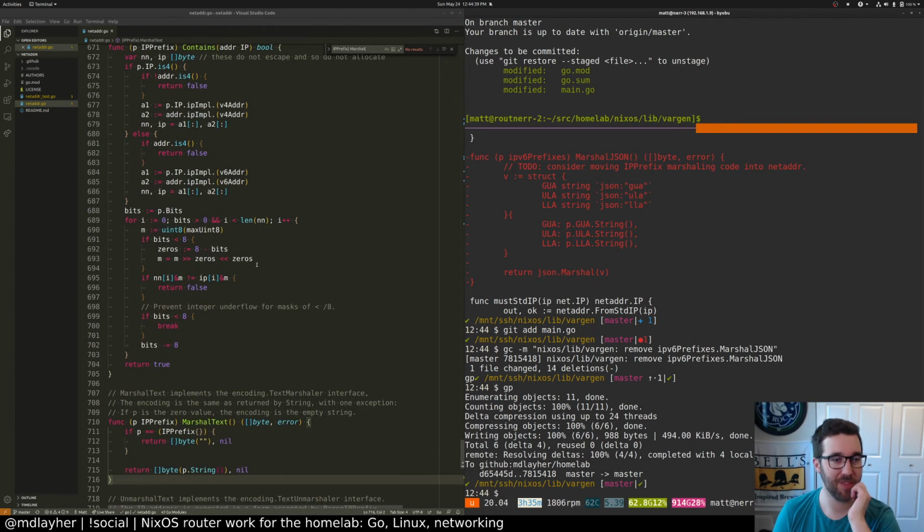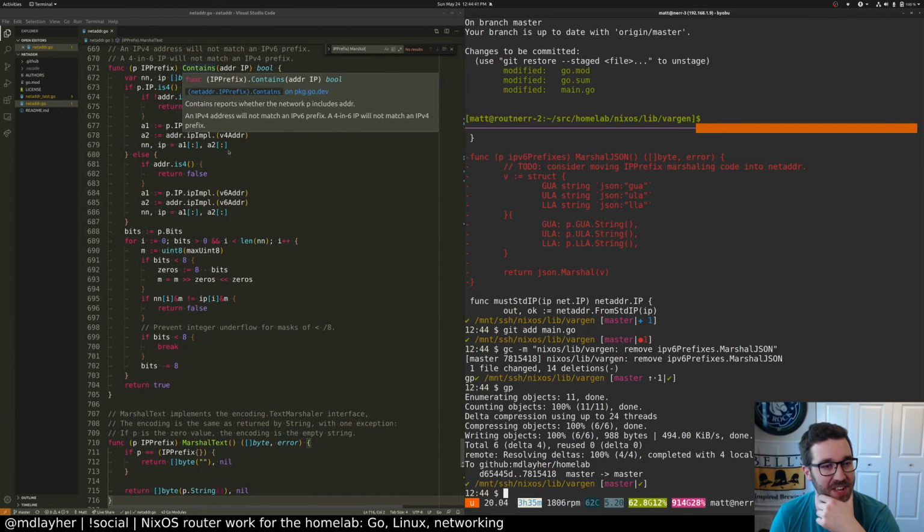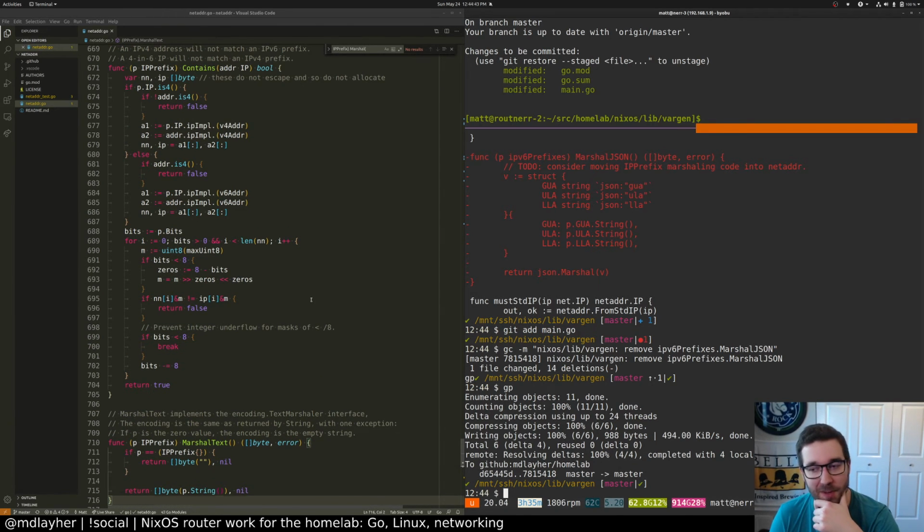Oh, this is pretty fun. This prefix contains code that does bitwise math to verify if an IP address lives within a